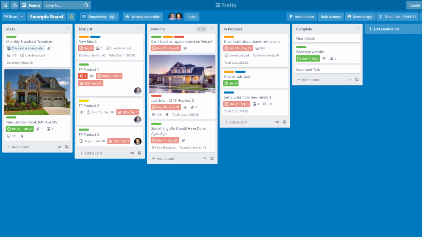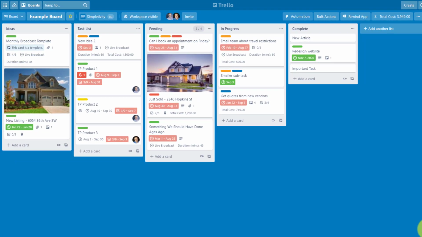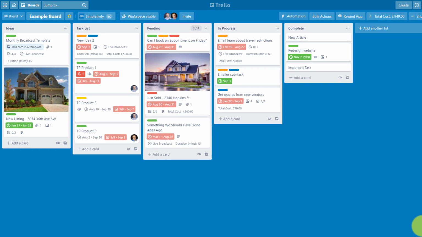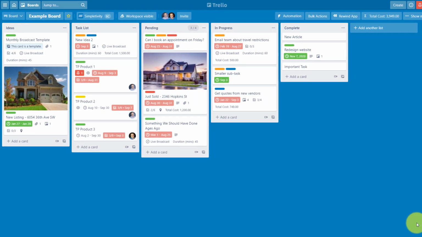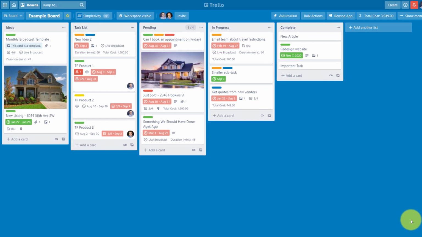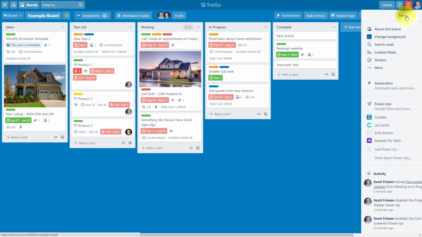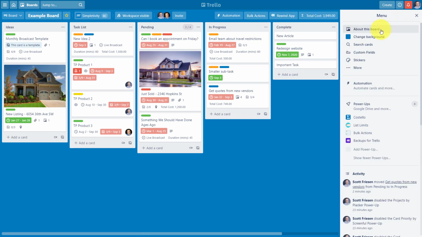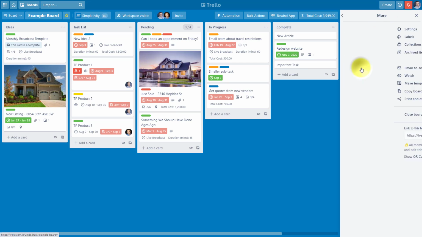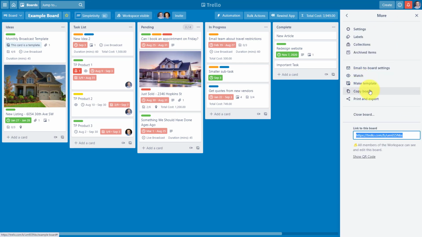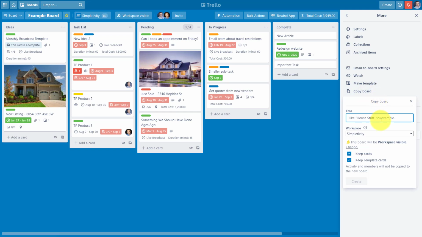Well, there's a few manual ways in which you can back up your data, but I'm going to tell you up front, it's going to leave you not only wanting more, it's probably going to waste a lot of your time. The very first option is for us to manually copy our boards from time to time. If you open up the menu on any of your boards and go to More, we can come down here and copy this board. Now, I could give it a name such as version 2, or maybe the date in which I made this copy.